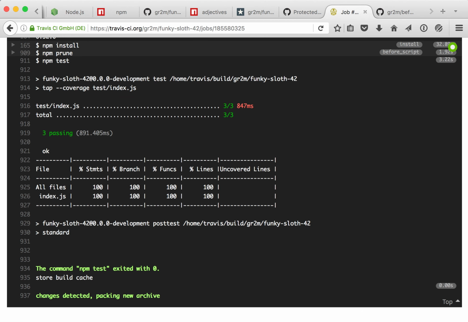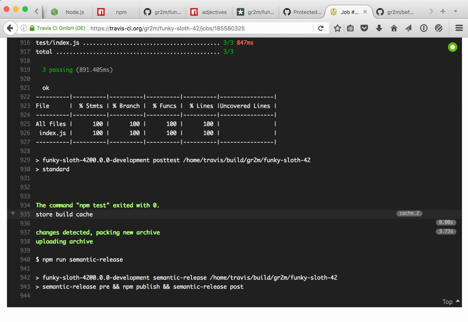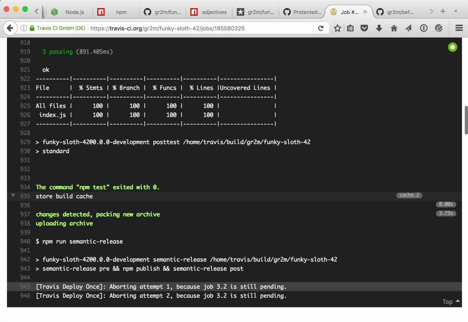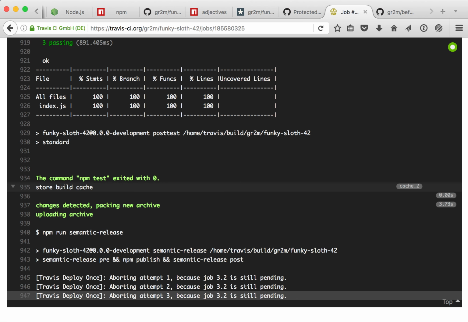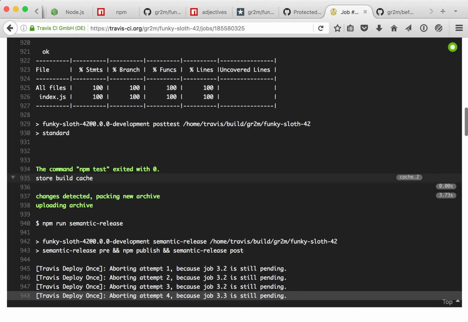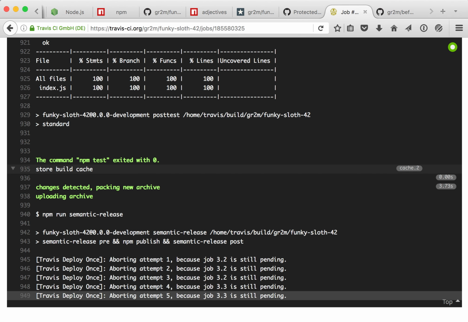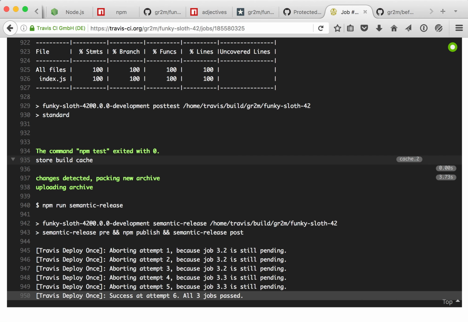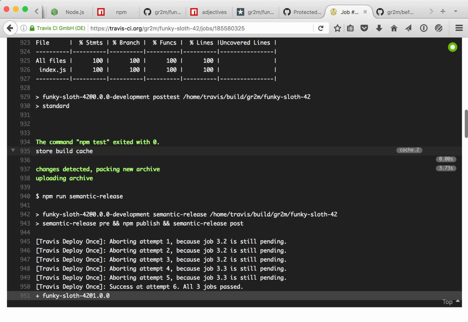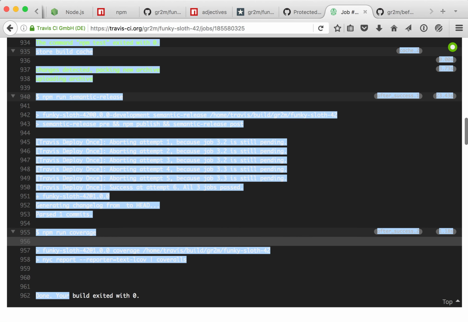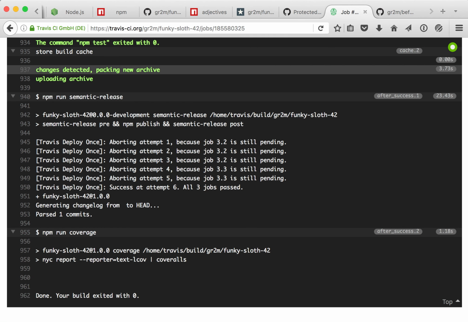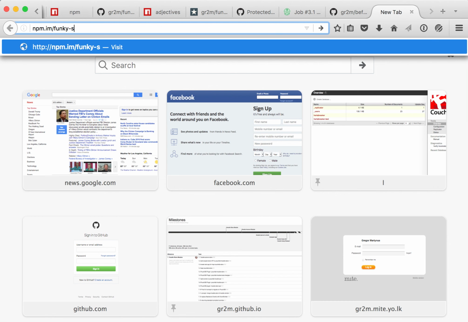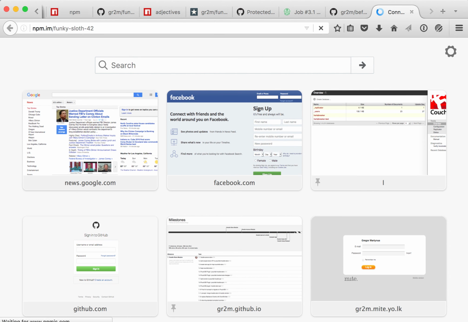So I can watch this now. It's running my tests. All tests passed. And now semantic release is waiting for the other tests to finish. As you've seen before, this is tested simultaneously in node 4, 6, and 7. So now it says all 3 jobs have been passed. And here it says it just released it to NPM. Cool. So when I go to npm.js and go to funky sloth 42,